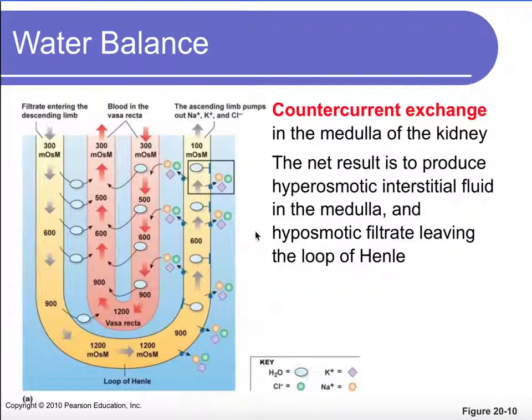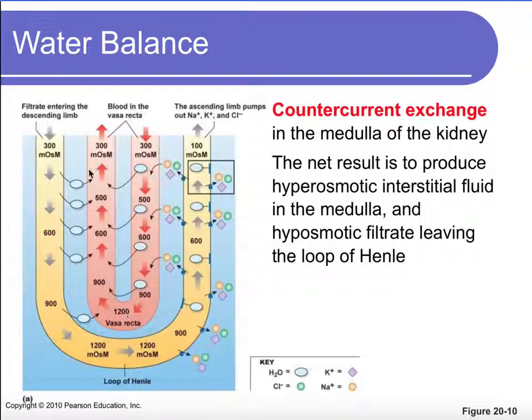Okay, this figure shows what happens in the loop of Henle. It's the counter-current exchange. Don't worry too much about this. I wanted to keep it in just because it's part of renal function. But this is just showing you how blood flow and the flow of your filtrate has to happen in the opposite direction. So in the descending limb of the loop of Henle, as the filtrate moves down, the blood supply